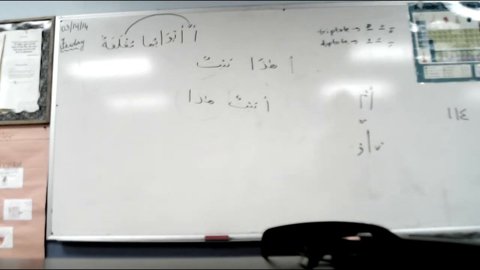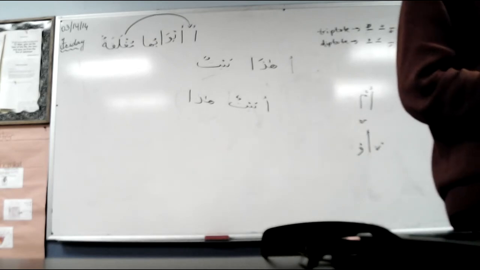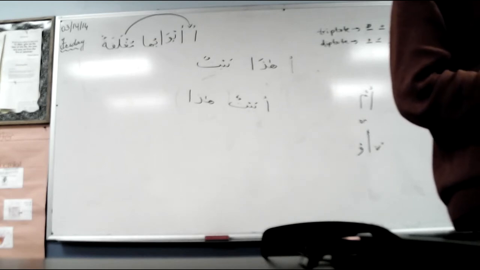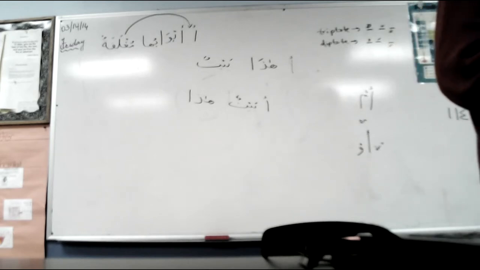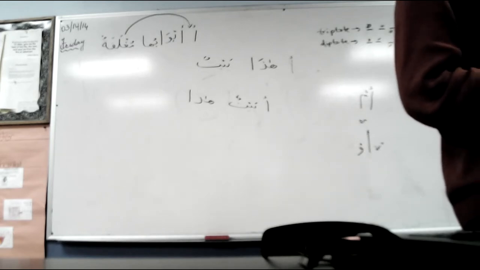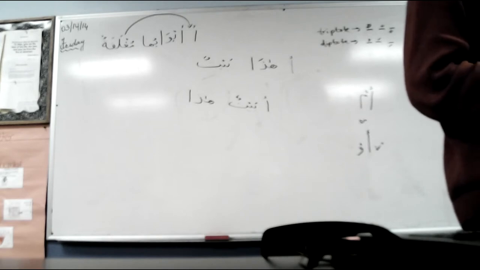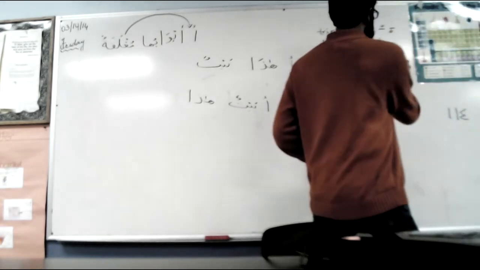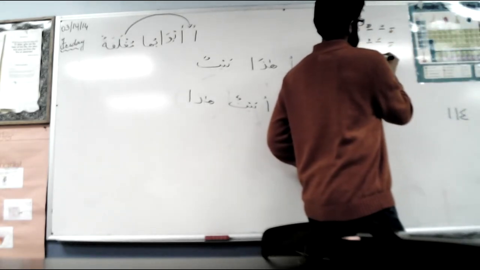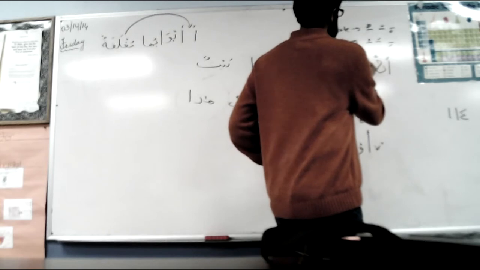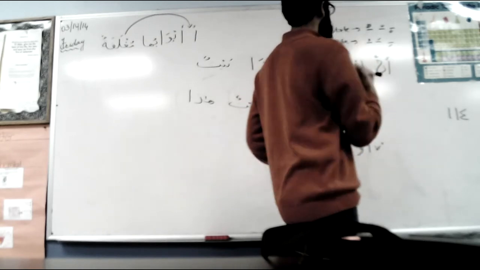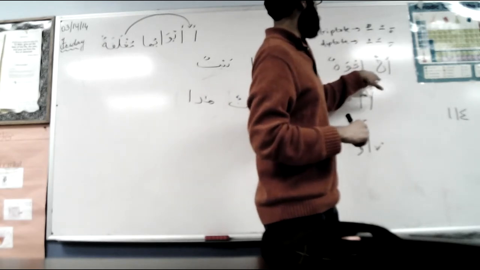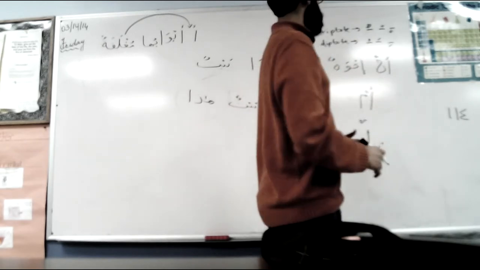Just a quick question. It's only these following broken plural patterns, right? I think there's probably more, but these are the ones that we've done up till now. There might be more. I'm not sure. But it's not the case that anything that has a broken plural will have... No. So what's the plural of akhun? Ikhwatun, right? So ikhwatun or ikhwan, but in this case we're using ikhwatun, is a pattern where the plural and the singular are both tanween. They're both triptotes.